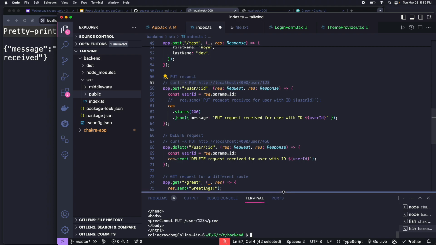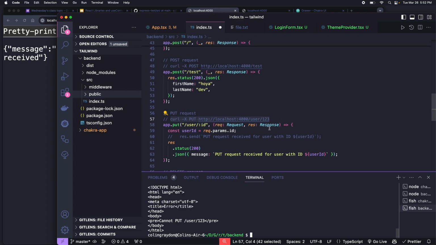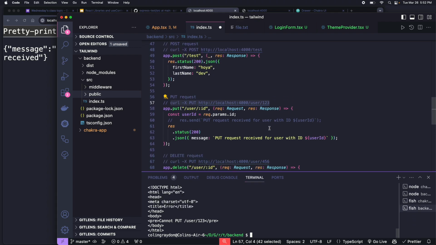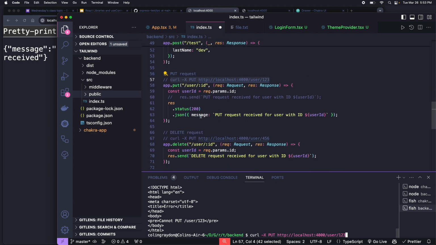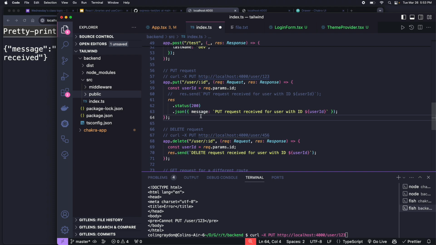Sorry. What did I put? Curl put 4000 user 123. I literally tested this an hour before I came here. I think something's going on with my Express server that I messed up, but